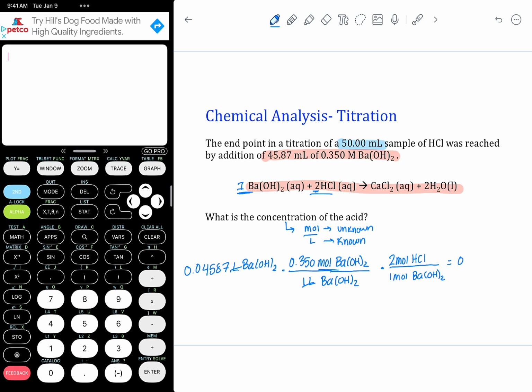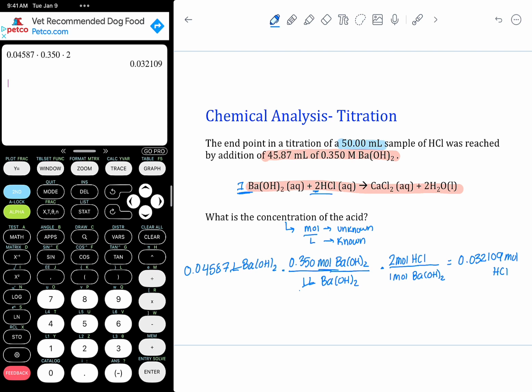We're going to take 0.04587, multiply it by 0.350, and multiply that by 2. So I've just multiplied across here. I don't need to divide by anything because my denominators here are all 1. So my moles of HCl are 0.032109 moles of HCl. Now I'm not done yet because I still want to find the concentration of HCl, but